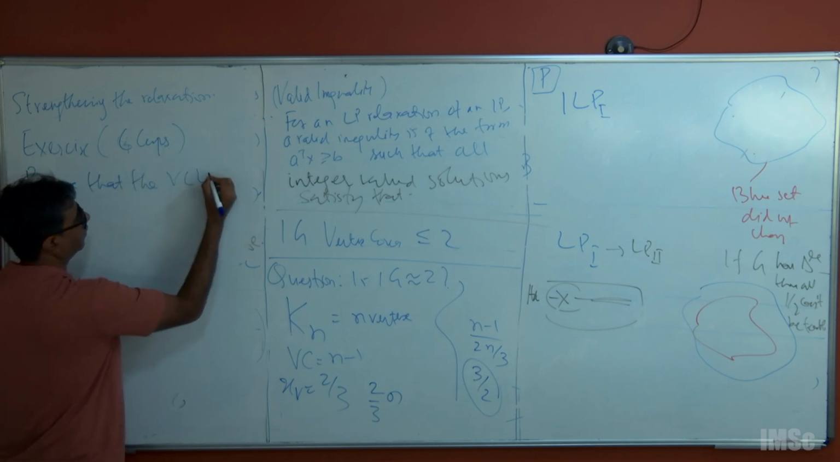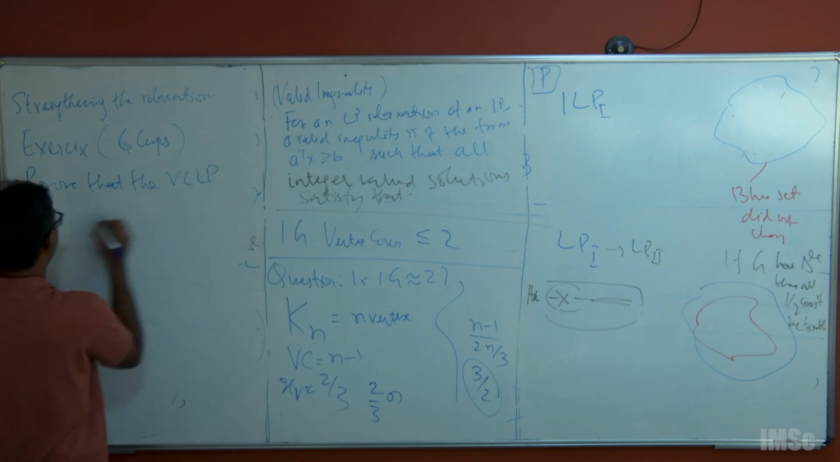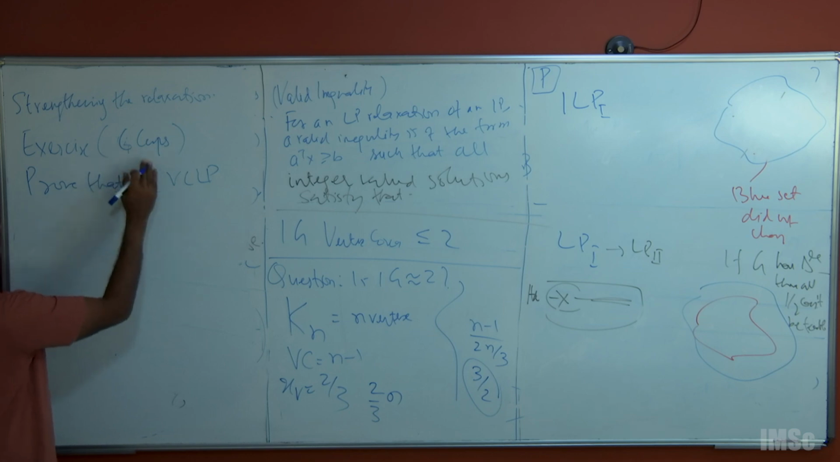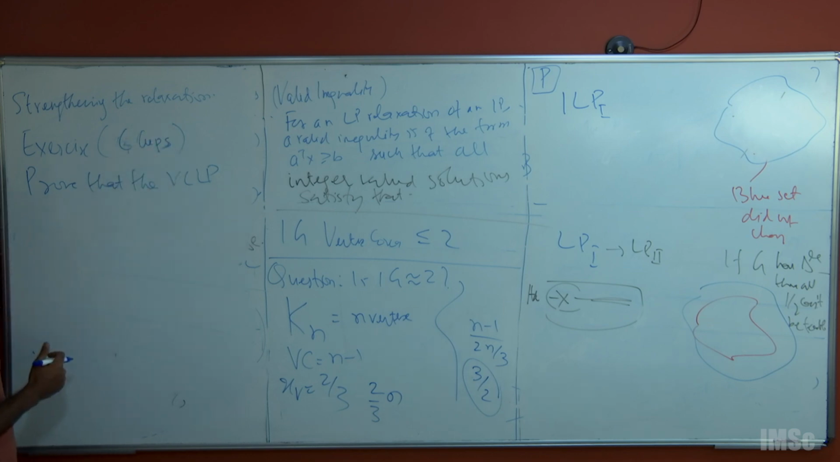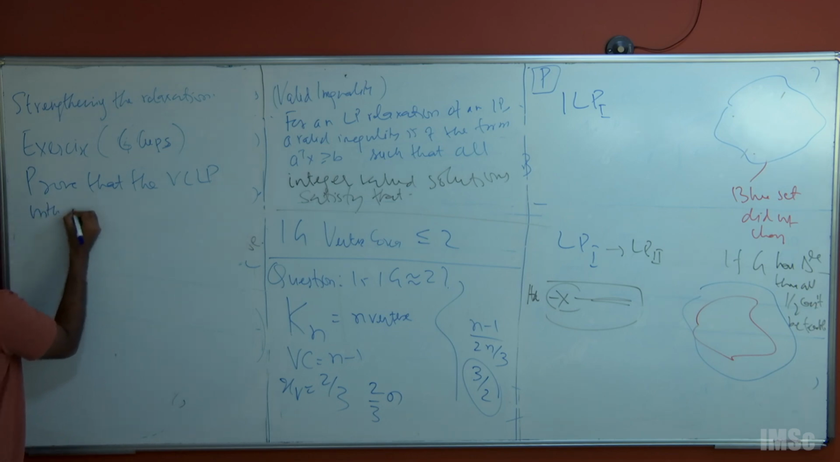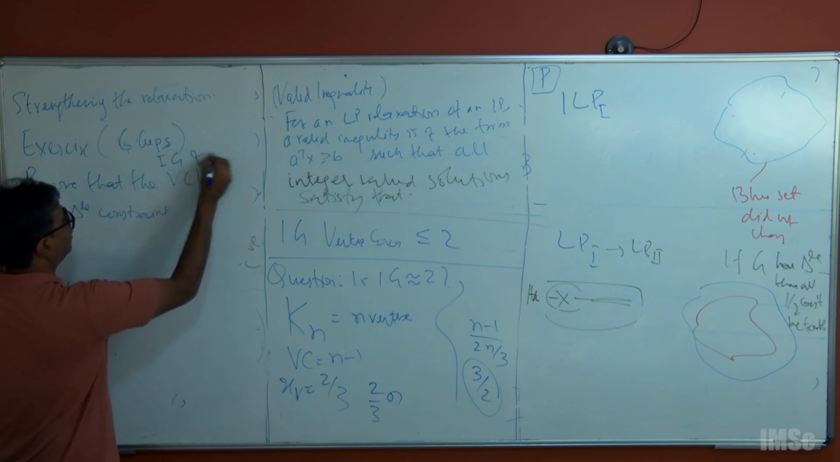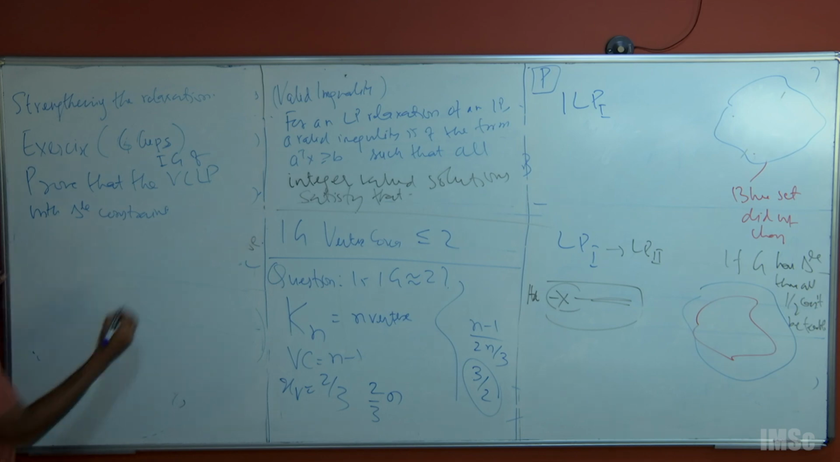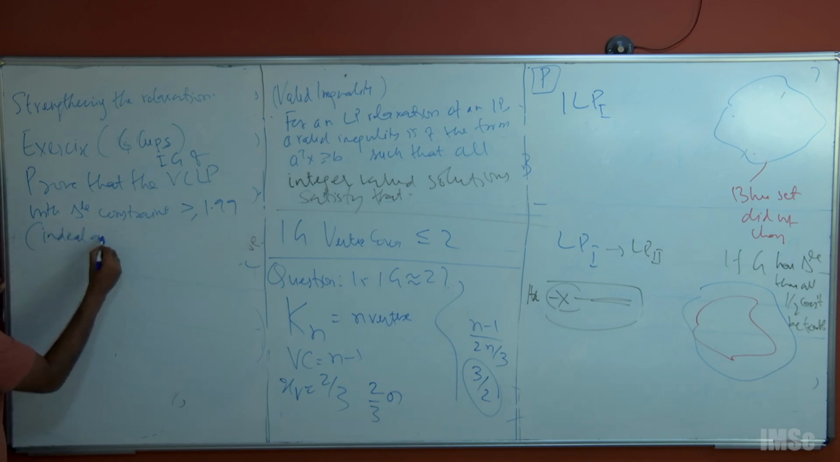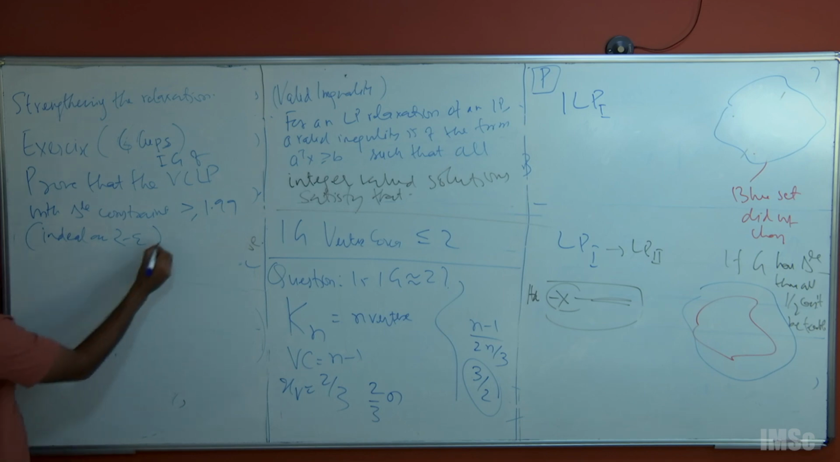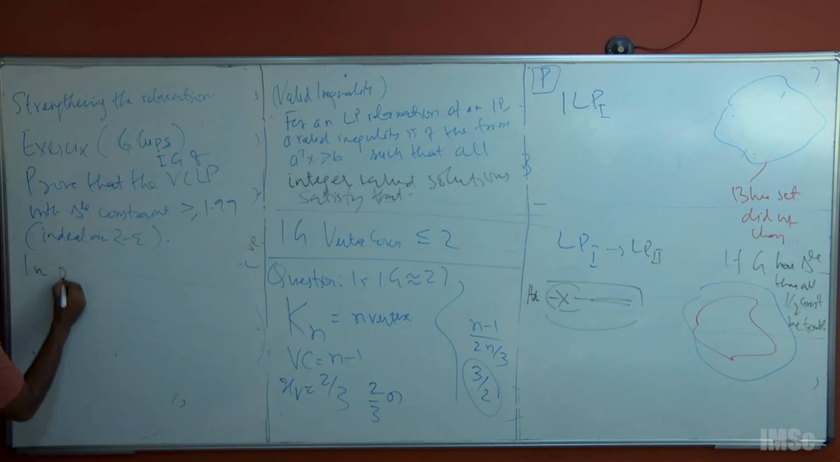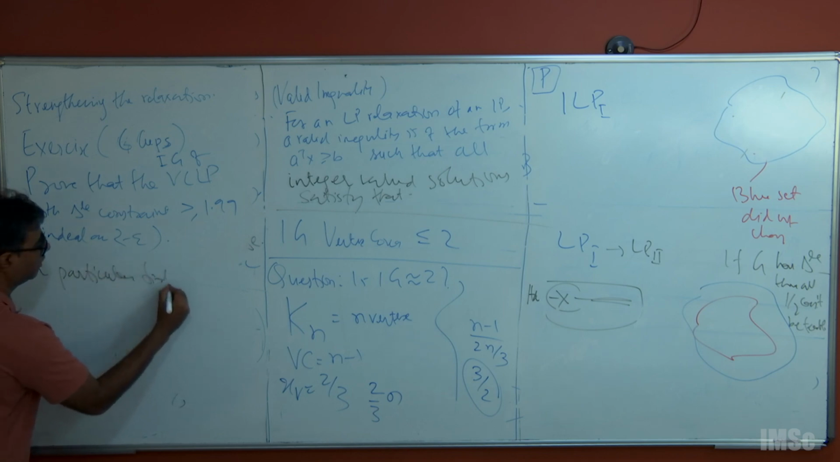Prove that the vertex cover LP with triangle constraint has integrality gap at least 1.99. This just tells you how difficult the problem is, basically. Okay, prove that the integrality gap of the vertex cover LP with triangle constraint is at least 1.99. Indeed, any 2 minus epsilon. So in particular, find a triangle-free graph